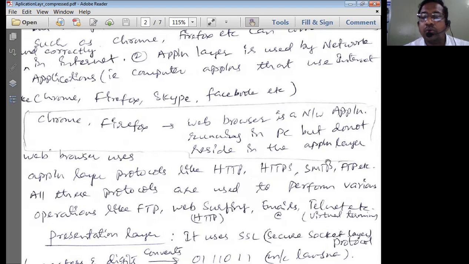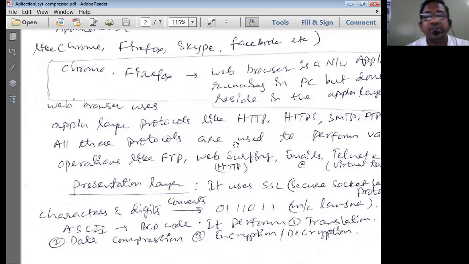I mean to say Chrome does not reside in the application layer, whereas the application layer is embedded in network applications such as Chrome, Firefox, and so on. This is what you should understand.